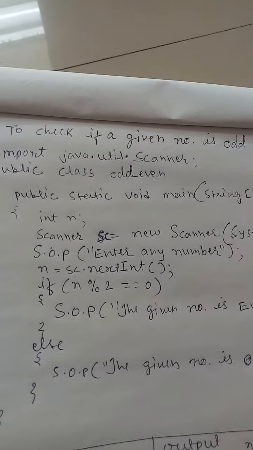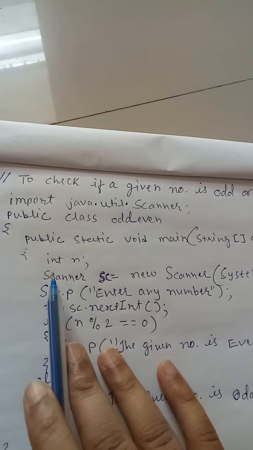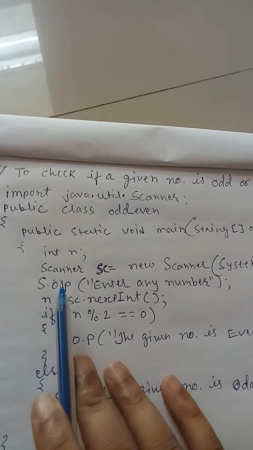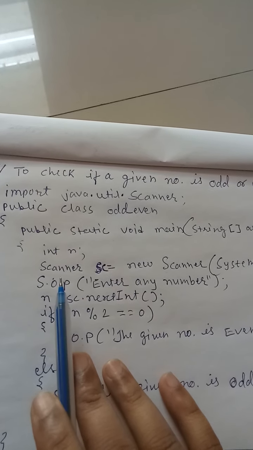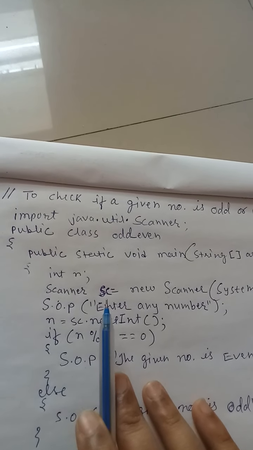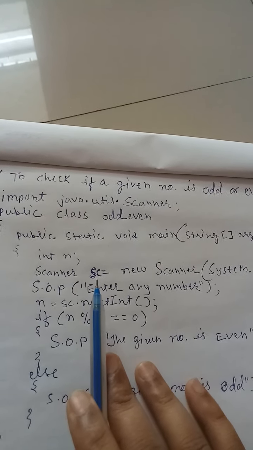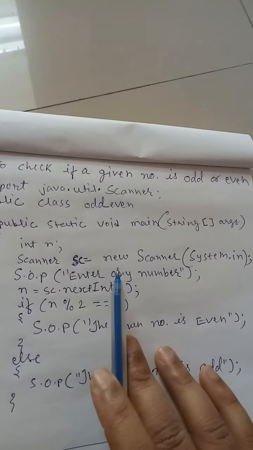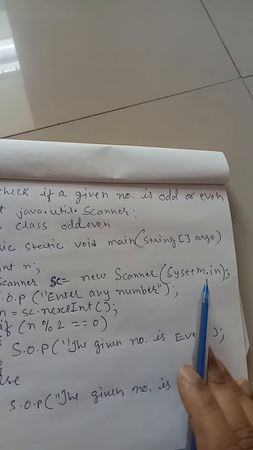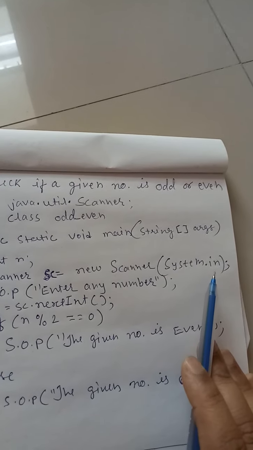So now I'm going to start the real logic of the program. I have taken one variable n of integer data type. Then I have used the scanner class, because without making its object I cannot use this class. So that is why here I am making one object, sc. As I told you in the classroom also, keep one fixed name so you will never forget that name. So that is why here also I have taken the name sc. Then using the new keyword I am creating memory for it of the Scanner type, and then I have written System.in because we are going to take the input from the user. That is why we have written System.in for the input.